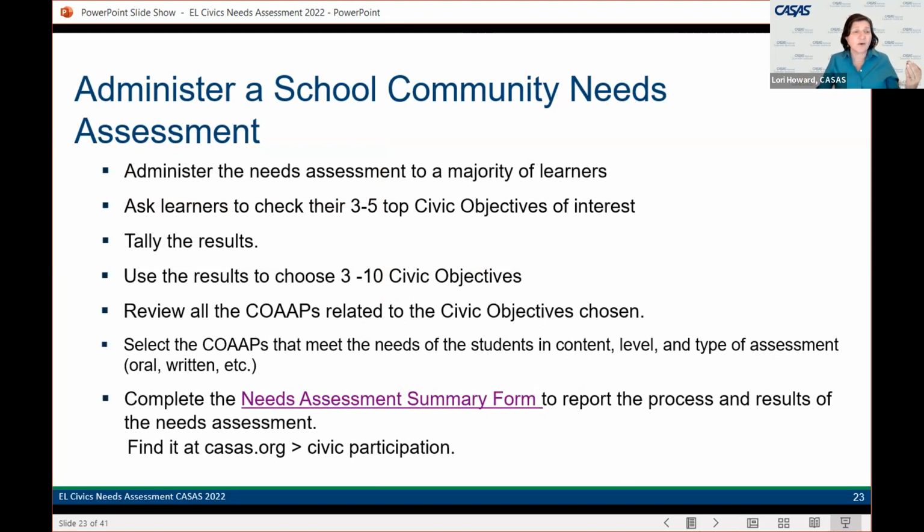And so again, just going over the quote unquote rules here, what the procedures are about what you would do. You want to administer the needs assessment to the majority of your learners so you get an idea of the school community needs. You're going to ask learners to pick 3 to 5, more or less, and it's up to you, of their topics of interest, what they want to study for the next year. You're going to tally the results, and you're going to use those results to choose 3 to 10 objectives. Again, if you're a small school, you might use 3 or fewer, or up to 10 if you're a larger school. If you need to choose fewer than 3 or more than 10, you need to ask permission of your